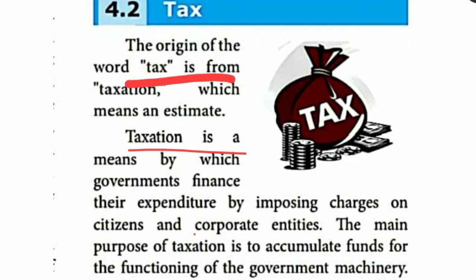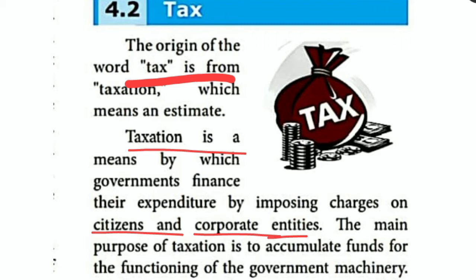Not only from us, from the corporate companies also they were collecting the taxes. Entities like that, it is given, children. Entities in the sense corporate companies, companies like that we can take. From us, in the sense citizens, it is given. The government is collecting the taxes from us as well as the corporate companies. So that's the meaning.